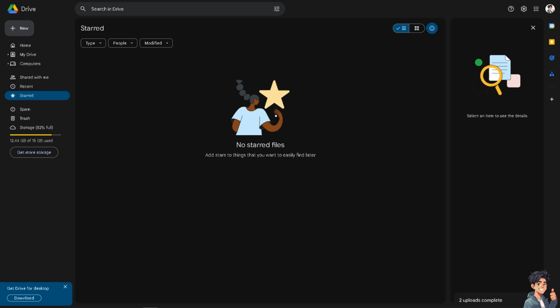But how can we access the shared files in Google Drive? It's very simple because all you're gonna do is hover to the left side panel of your dashboard and click on Shared with me, the one with the two emojis. Click on that. Now